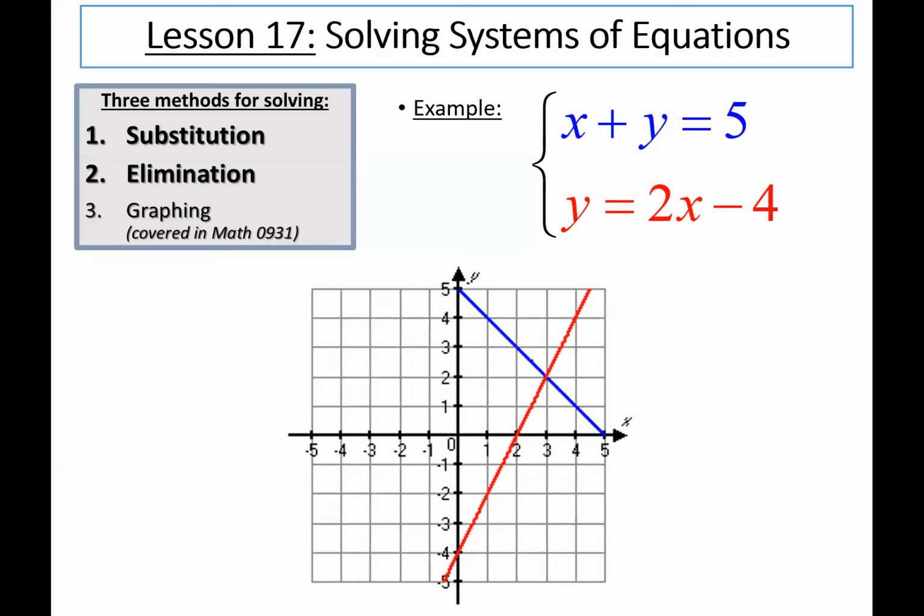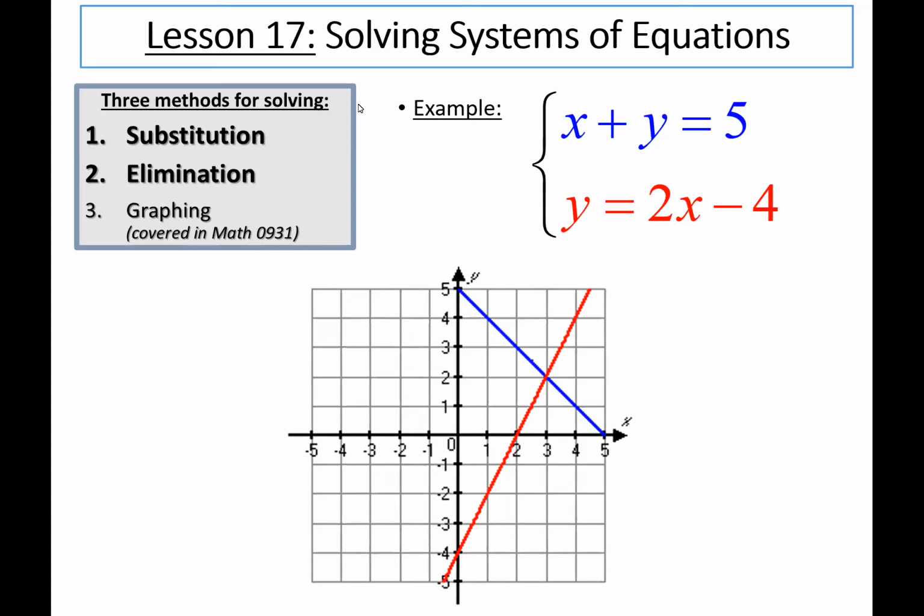So the ones we will be focusing on will be systems that have two equations and two variables. And usually those two variables will be x and y. There are other systems of equations that could have three or more variables, but we will not see those in this class. All right, so what you're seeing on the screen now is a method of solving that involves graphing,